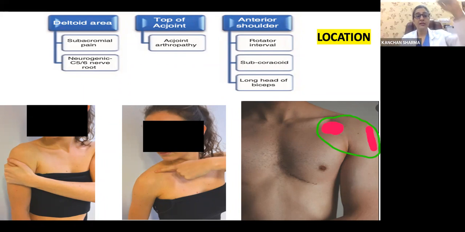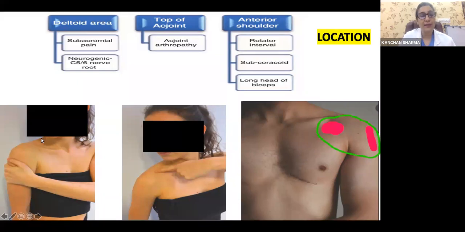What we have learned, this was the acromion. Beneath that, you have the bursa. Beneath that, you have the supraspinatus tendon. So some pathology over there. Either it could be a bursitis, or it could be the tendinopathy of your supraspinatus area. You could have something related to your biceps. So it could be anything, but we label that pain as subacromial pain. Fine. And of course in C5, C6 nerve root lesion also,